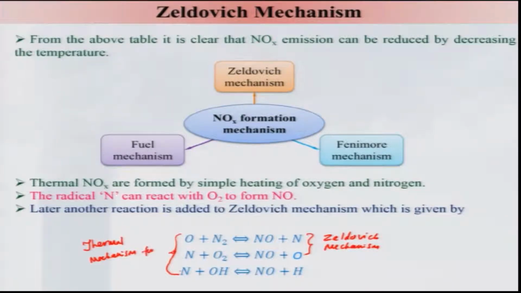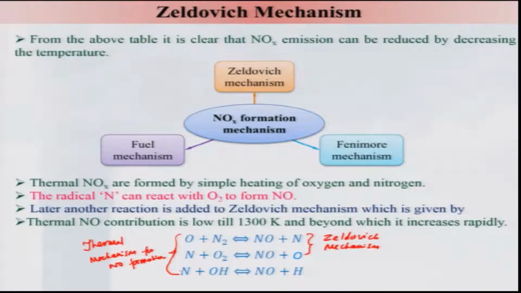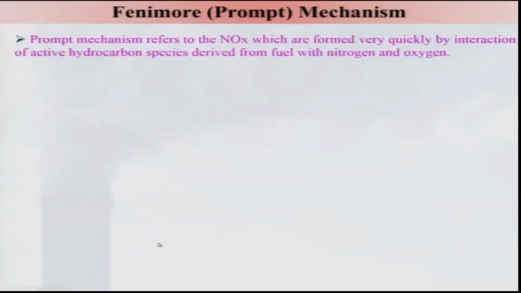For NO formation, thermal NO contribution is quite low till it attains a temperature of around 1300 Kelvin, beyond which it increases rapidly. That we will see by looking at how it is. But before that, let us look at the prompt mechanism, which refers to the NOx formation